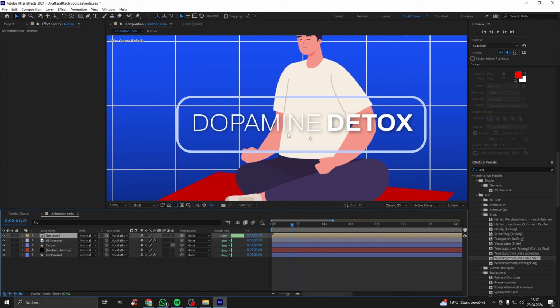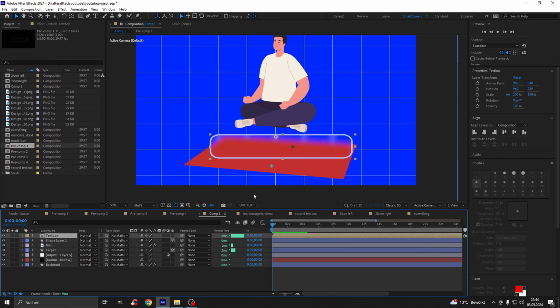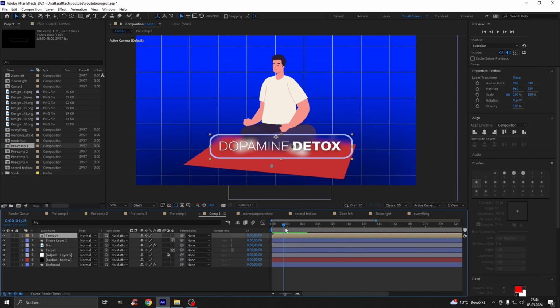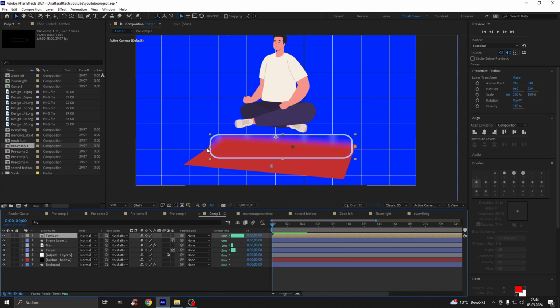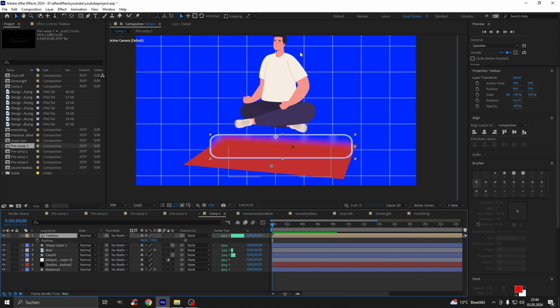Now you can see that the blur effect is gone, but we can bring it back to life by hitting this little box right here, and it should be back again. So now we have this animation, but we also have to animate our text box, and that's also really simple. We just click on our text box, and now we press P again, like before with our meditating man, and then we click on the stopwatch